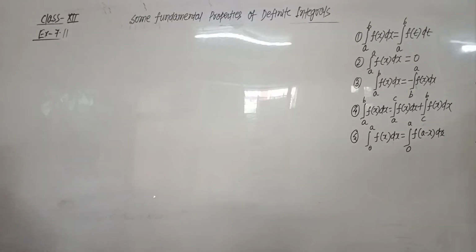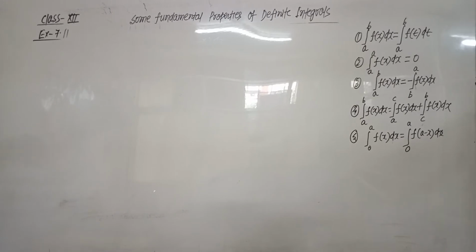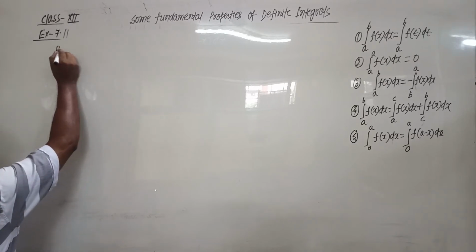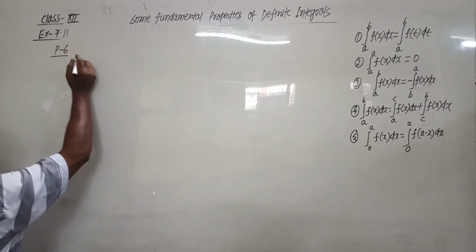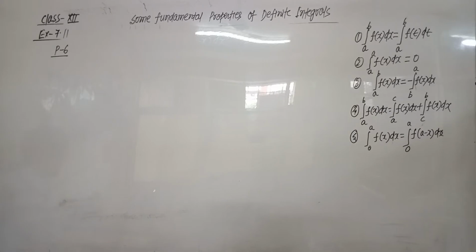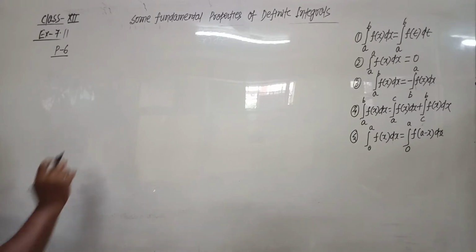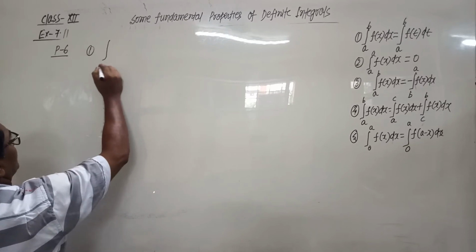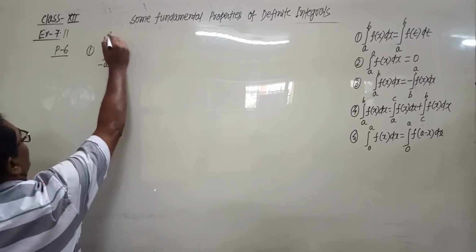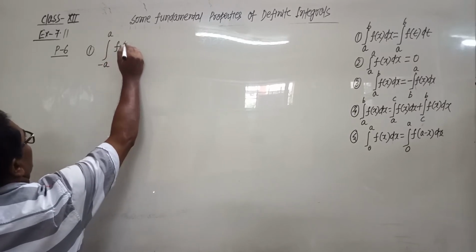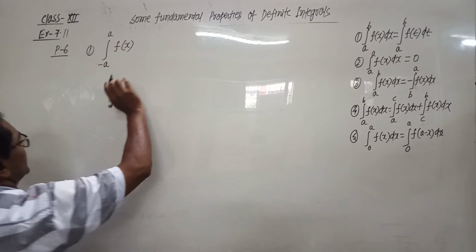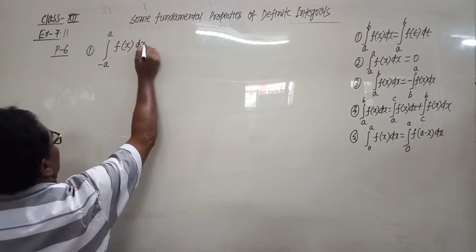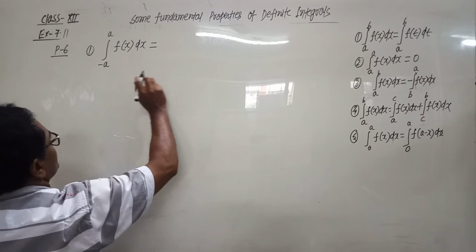Next property which we discussed. This is property number 6, B6. And the first part of this property: integration from minus a to a of f(x) dx is equal to